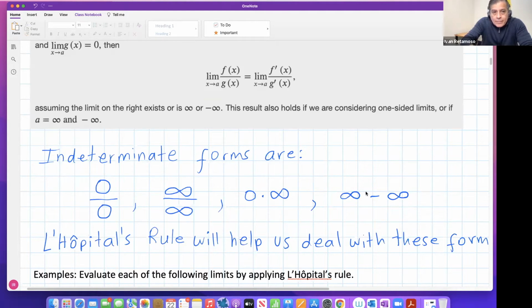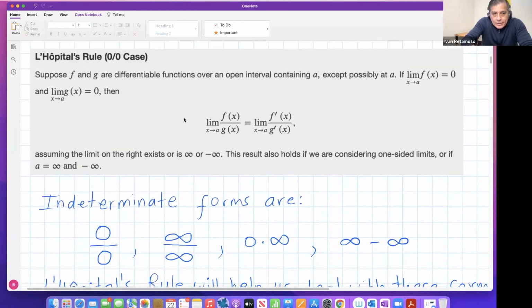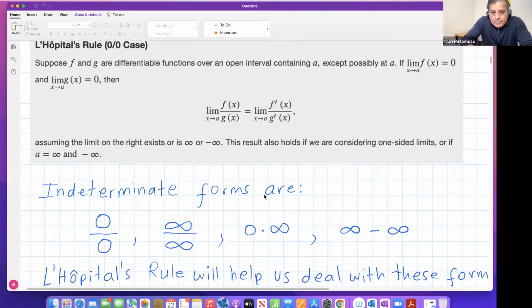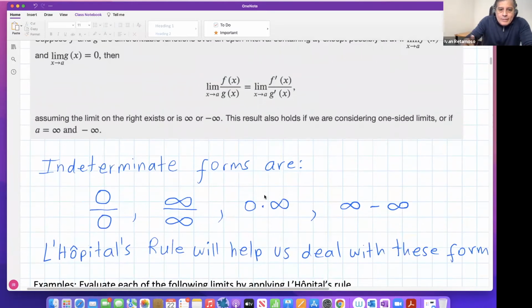But however, L'Hopital's rule is going to help us figure out what to do if we encounter these 4 forms. Okay, that is the usefulness of this L'Hopital's rule. By the way, L'Hopital's rule is in honor of the French mathematician whose last name was L'Hopital, that is why it's called L'Hopital's rule. Okay, so let's start with the easiest